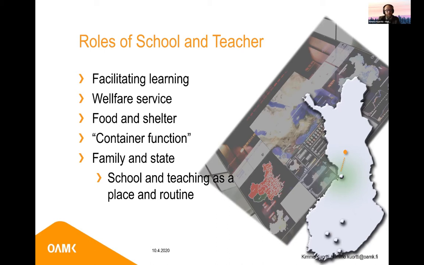And schools in a lot of countries, once again especially in the primary area, are in a way equalizing things out. Even in a system where you have private schools and public schools, schools to an extent always have an equalizing role. People are gathered to schools from various backgrounds, and school and teaching are both places and routines. A lot of routines happen, and school, like I said earlier, is a safe place as well.